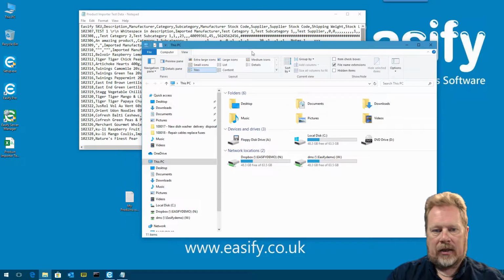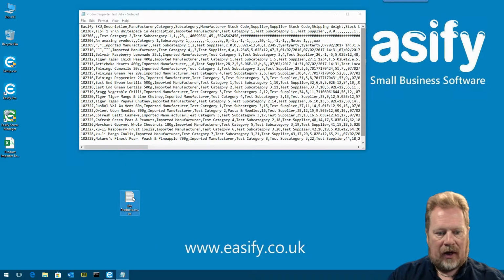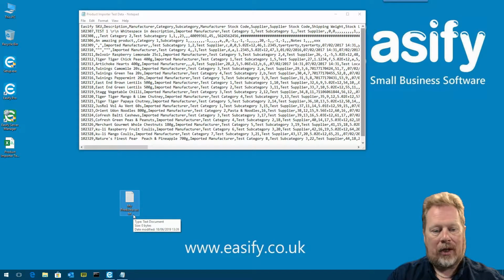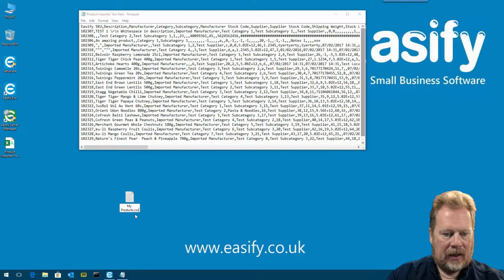And what that does, let me just hide that again. What that does now, it means all these files, if you select them, it actually shows you the extension, and it's the extension or the last 3 letters of the file name that dictates what kind of file Windows thinks this is. And you can see, even though we put .csv at the end of the name, it still thinks it's a .txt file. So let's just change that, and we'll just remove .txt